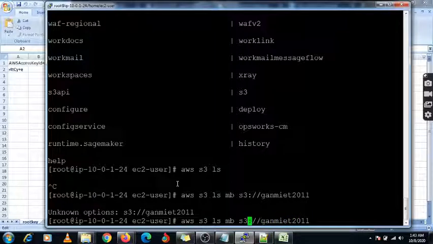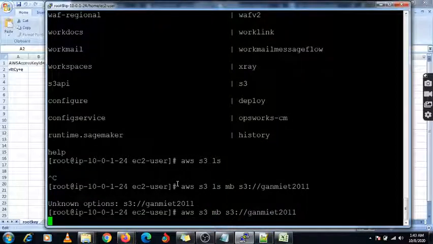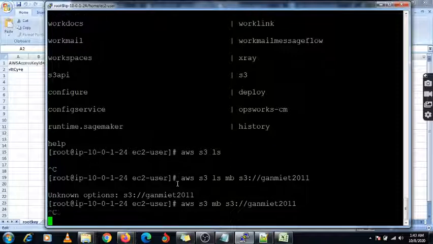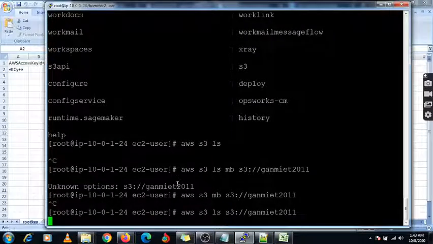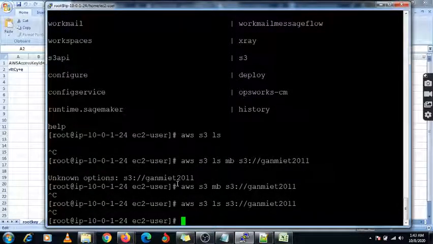ls is the wrong option, I think. You need to remove ls. So using this command you can create the new bucket. Once the bucket is created, you can check it using ls. Specify the same command, and just replace mb with ls. With this command you can check the list of buckets, and if you want to remove a particular bucket, you need to use rb.